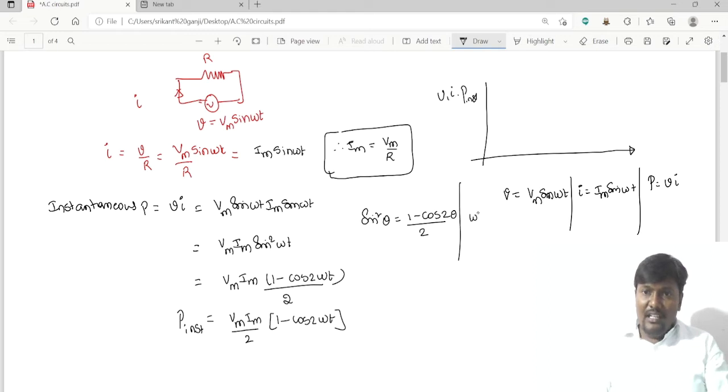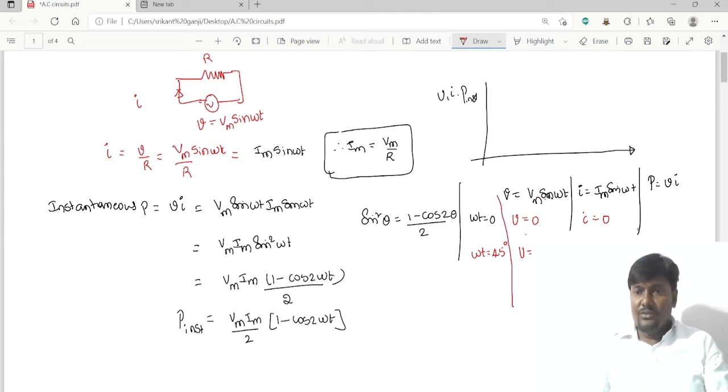At omega t equal to 0, the instantaneous value of the voltage is 0, Vm sin 0 is 0, and I is also 0. And at omega t equal to 45 degrees, V is equal to V max by root 2 and I is equal to I max divided by root 2. Sin 45 is 1 by root 2, and the product of these two gives the instantaneous power, Vm by root 2 into Im by root 2, that is Vm into Im